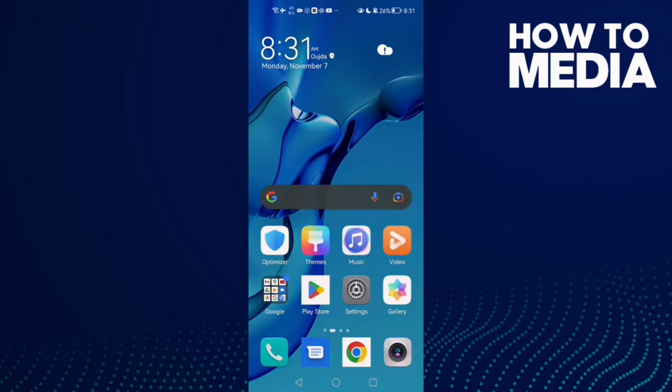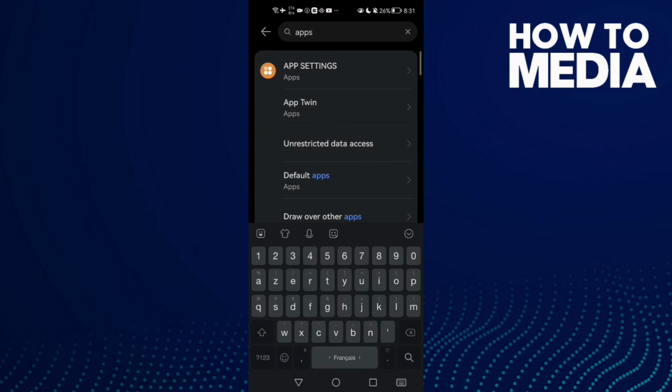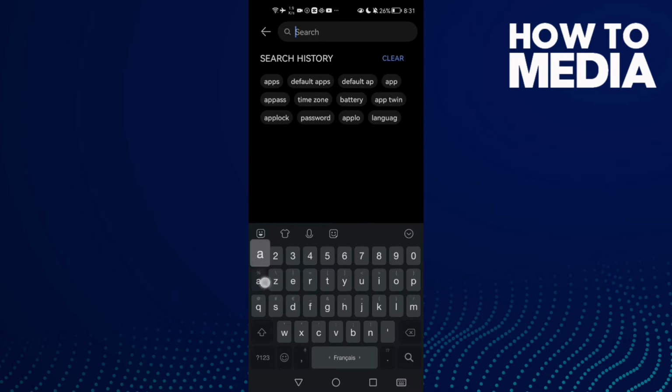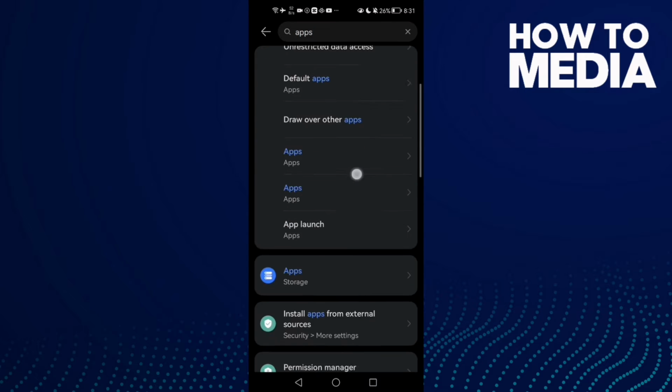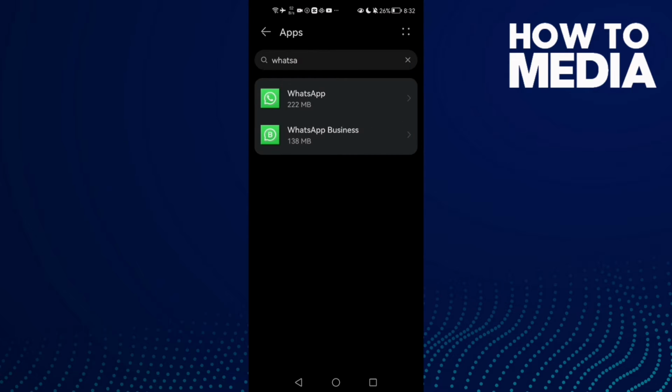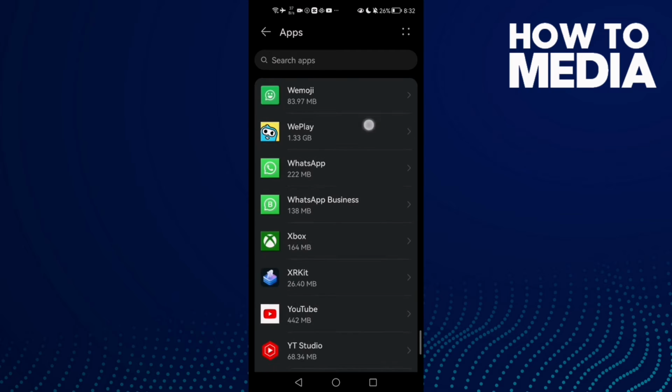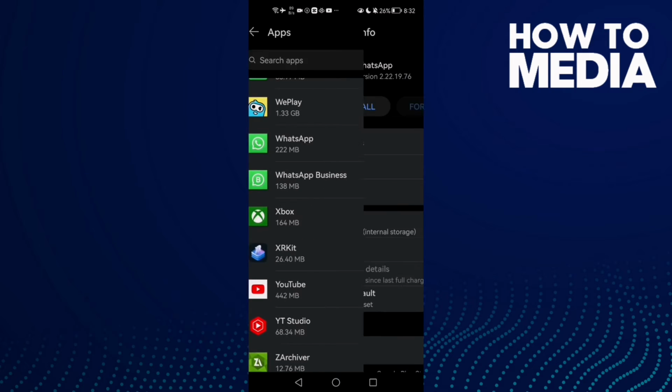First, open Settings, and here you need to find Apps. Just type "apps" here and click on it, and here you'll find all your installed apps. Now scroll down and here you'll find WhatsApp. Click on it,